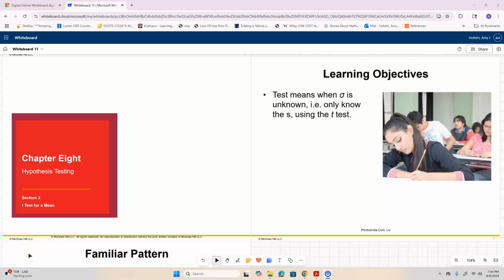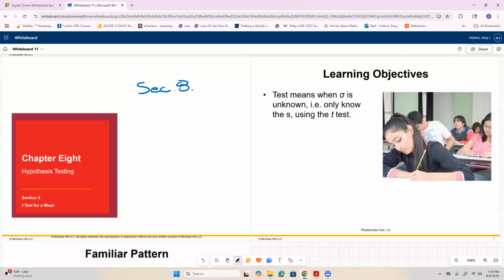Hello everyone and welcome back to the conclusion of Chapter 8. We're going to cover Section 8.3 and 8.4 in this video, and that will be the end of our initial introduction to hypothesis testing. We do hypothesis testing in Chapter 9, but it's a little bit different type of hypothesis testing. It's pretty similar, but it is a little bit different setup for it. So without further ado,